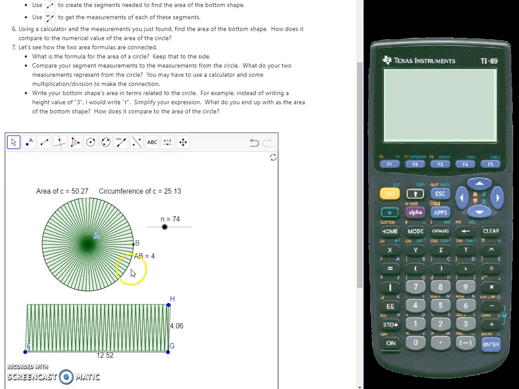And I can say, if I look at that, well, if I find the area, I know that the area would be 12 and 52 hundredths times 4 and 6 hundredths. And even with my approximation of those tools that I had, I'm very close to the area of the circle. So I should feel pretty like I got an idea that this parallelogram, finding base and height, is a way